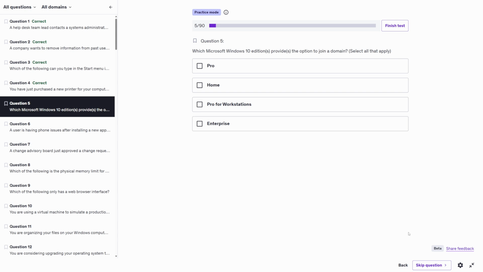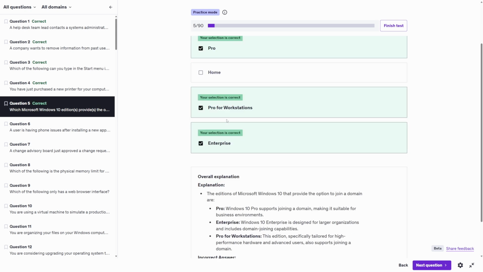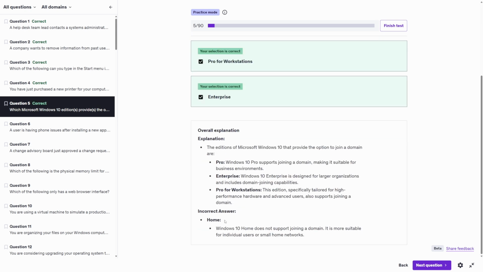Which Microsoft Windows 10 edition or editions provides the option to join a domain? When it comes to Windows 10 or Windows 11, usually we're going to have most or all of the functionality in the Pro and Enterprise versions, but not the Home editions. So in this case, we're going to select all except for Home, right? And that was correct. Windows Home does not support joining a domain. It's more suitable for individual users or small home